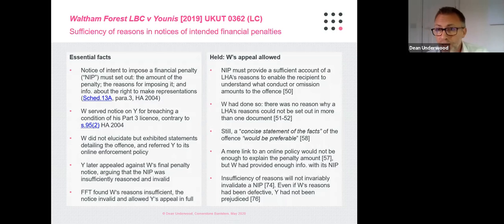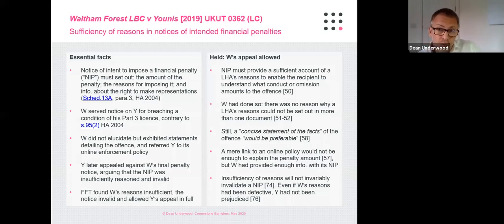Well, Mr. Eunice appealed, as many recipients do, against the final notice ultimately served on him, imposing the penalty, and he argued in that context that the notice of intent was insufficiently reasoned, didn't comply with the statute's formality requirements, and was invalid. Rather surprisingly, I think, to Waltham Forest, the First-tier Tribunal found for him at first instance, said that its reasons were insufficient to enable a valid notice, and it allowed Mr. Eunice's appeal in full. Waltham Forest took that to the Upper Tribunal, as indicated before, and it held that, yes,